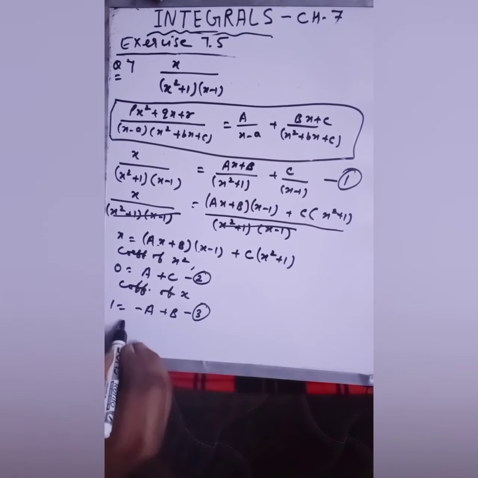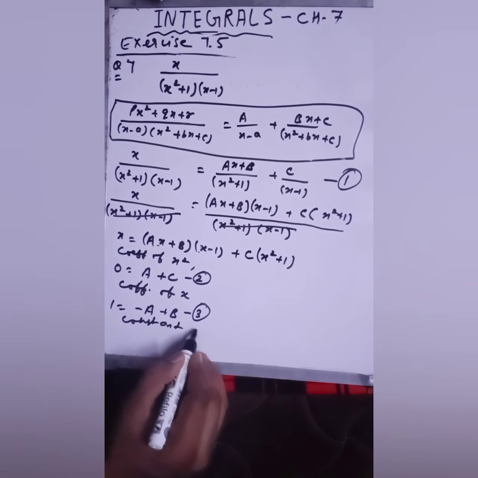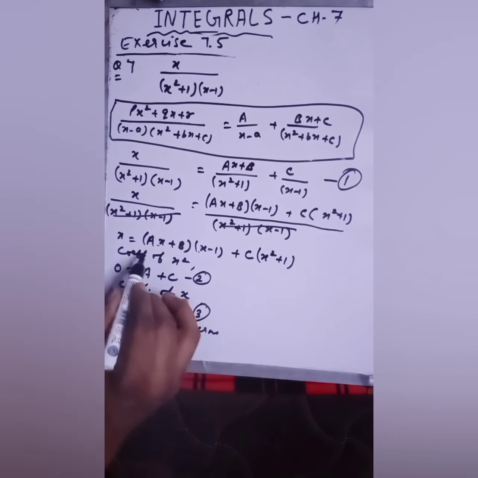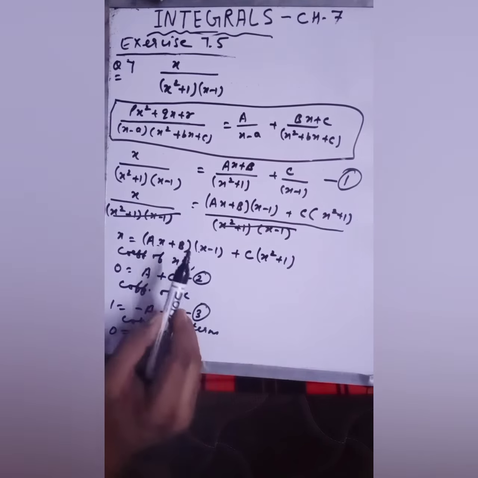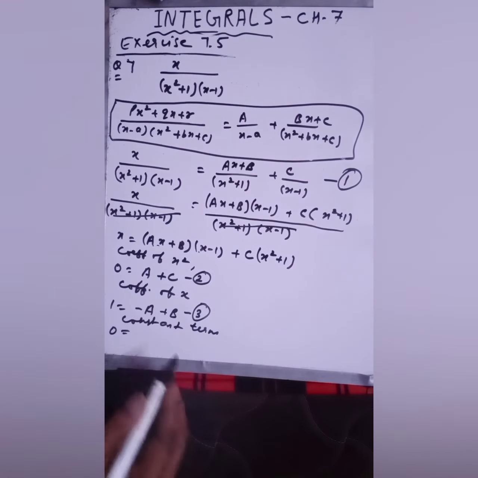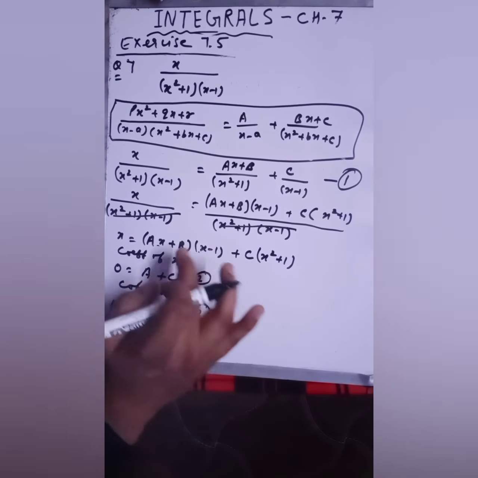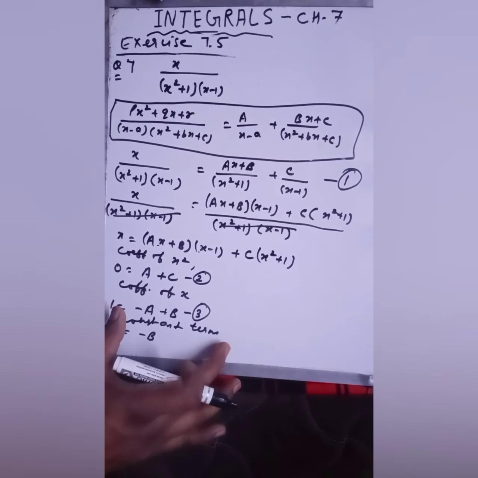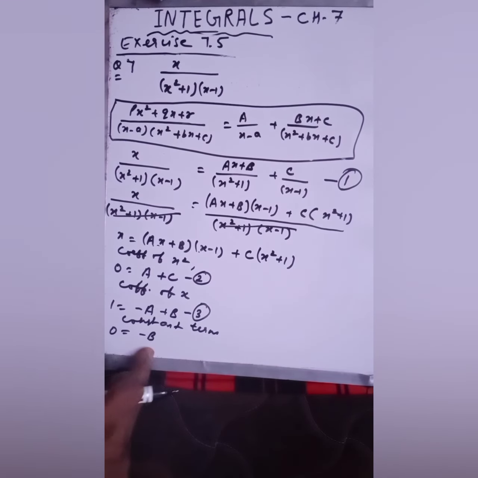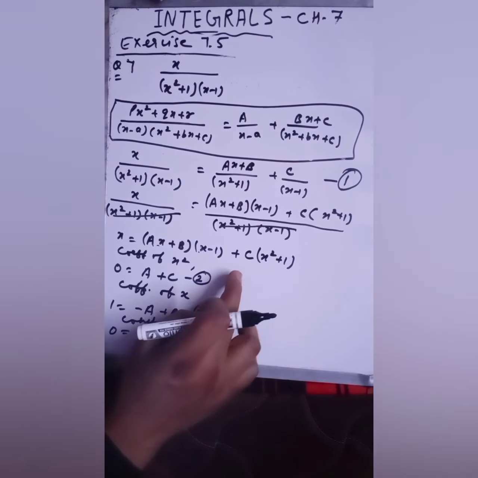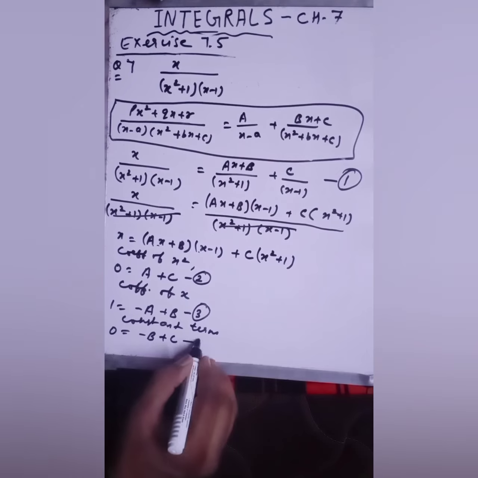Now if you compare constant terms on both sides, so here the constant term is not there, so you will take 0. The constant term is minus b here. If you're getting a problem, you can multiply these, and then you can solve it. Fine. So here I am taking the coefficient of constant terms only. The constant term will be minus b and the constant term will be plus c. So this is your equation number 4.